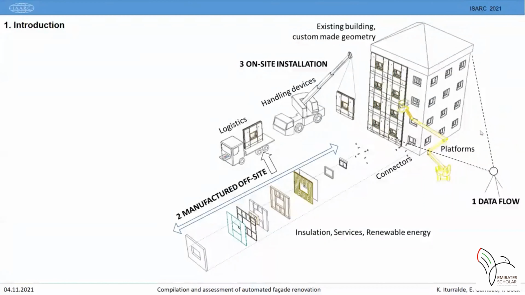The first subsystem is data flow, which spans from data acquisition, design of the modules, and the data necessary for placing the modules accurately on its site. The second subsystem is the manufacturing offsite, the manufacturing of the modules. The goal is to have a 100% prefabricated element with no rework necessary on site. And the third subsystem is the on-site installation, which consists of all the process for installing the modules in its